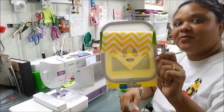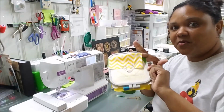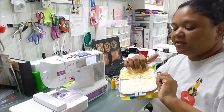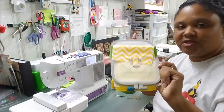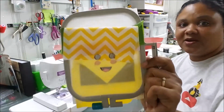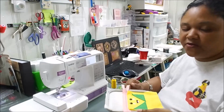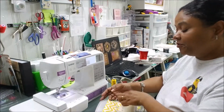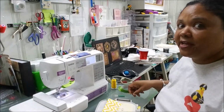Look at what happened to the back. Remember, we were supposed to keep this up out of the way. So at one point when I took this off of the machine, this got caught up under the stitching. So now it's stitched up under the eyes and part of the cheek on the back of the thing. Now I could just scrap this whole thing and just start all over, but I'm not going to do that. So what I'm going to do is cut this out so that we can go ahead and finish the video,